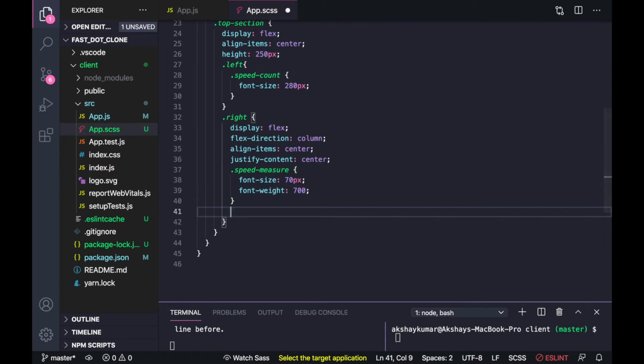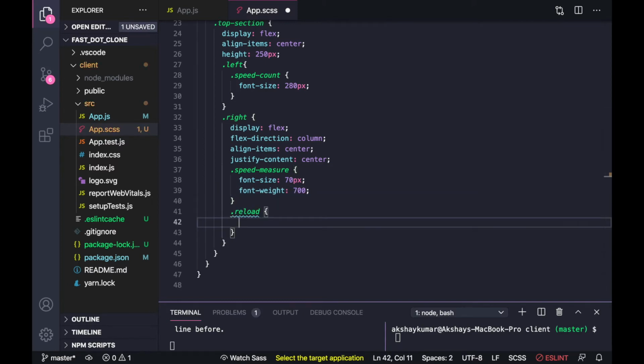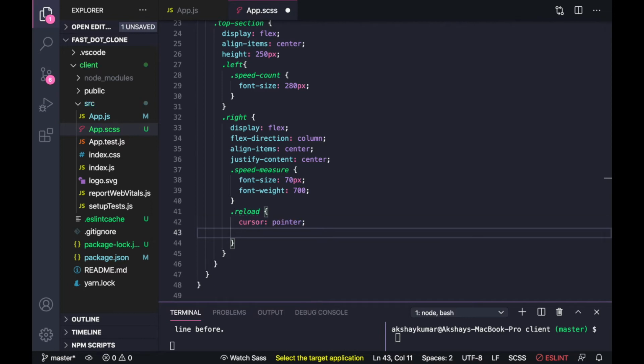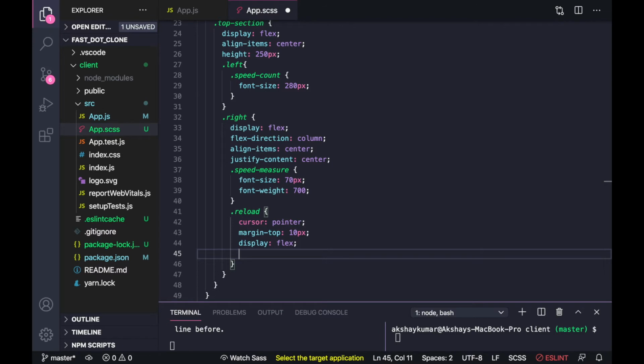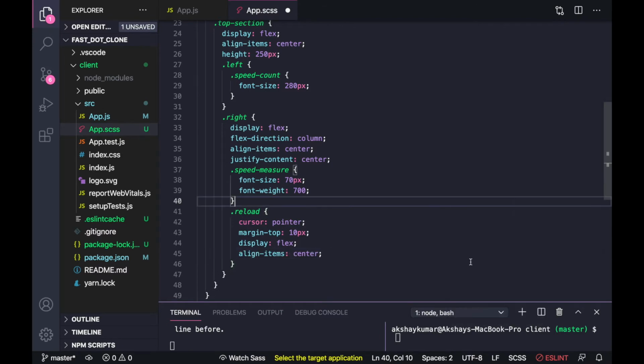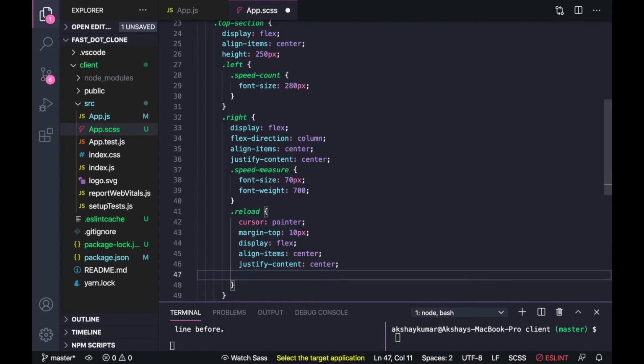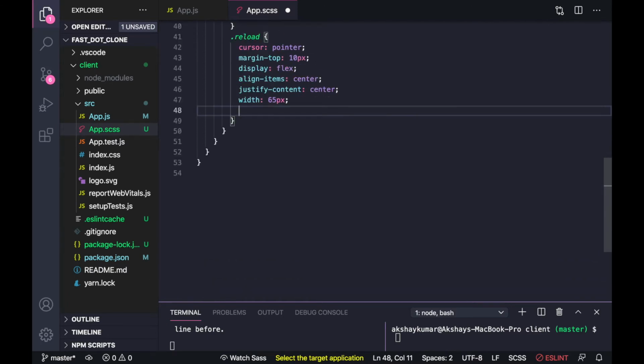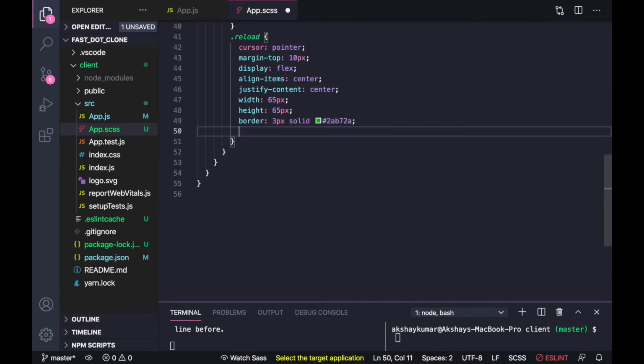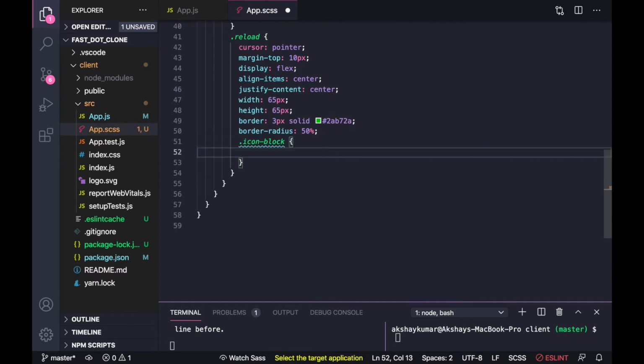After this dot reload, cursor pointer, margin top 10 px, display flex, align items center, justify content center, width 65 px, height 65 px, border 3 px solid and some green color, border radius 50%. Now icon block, font size 35 px.